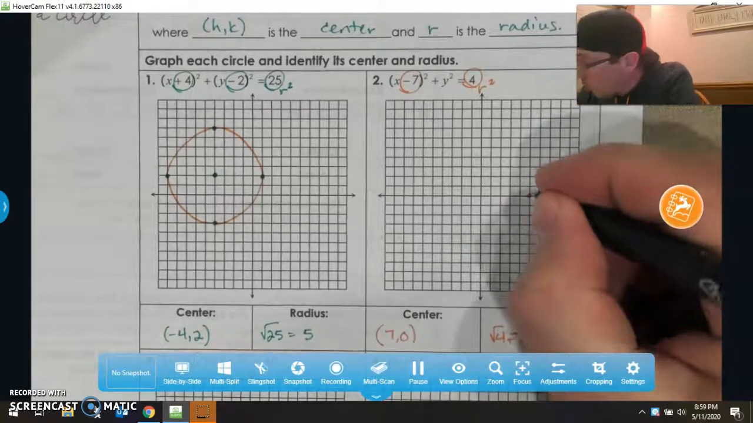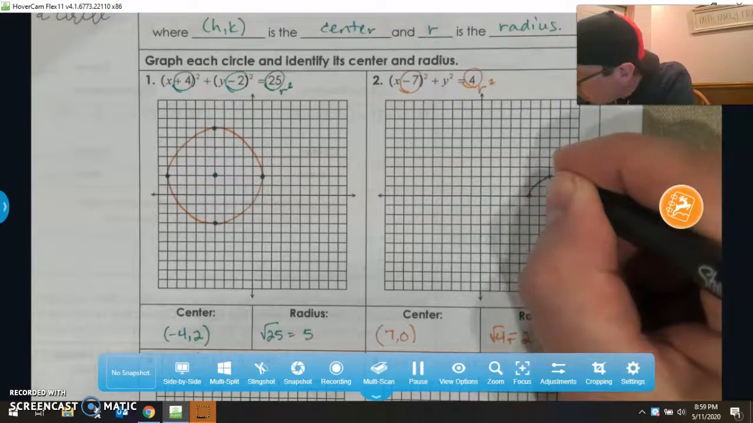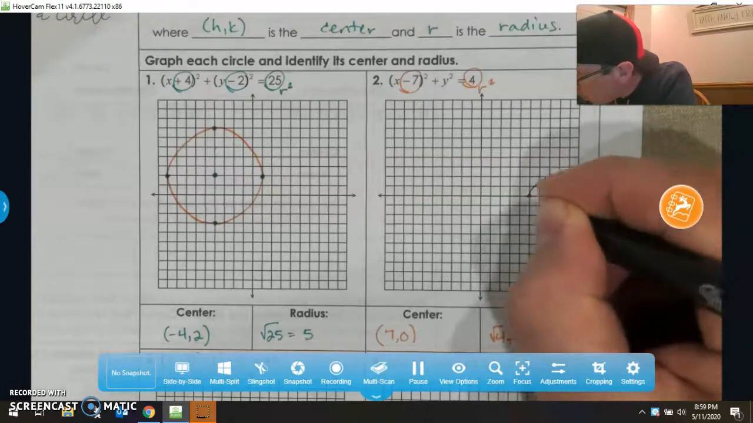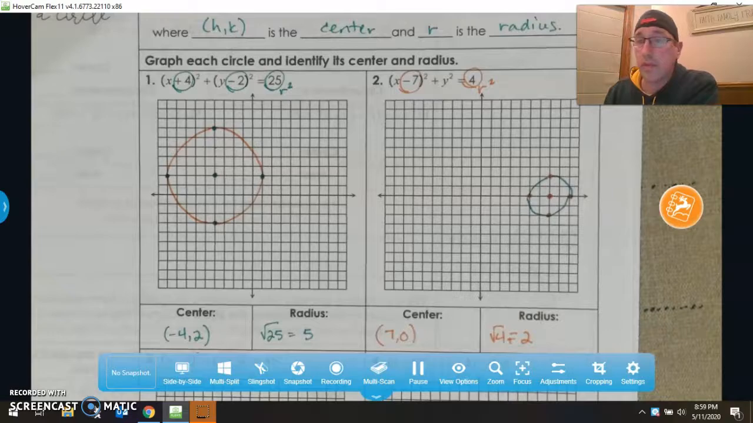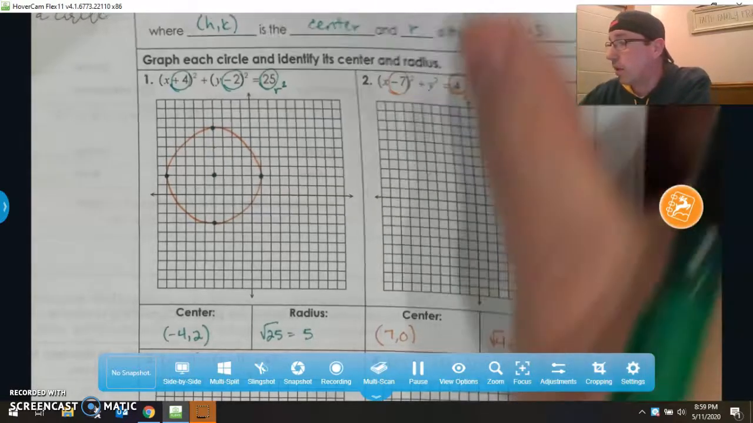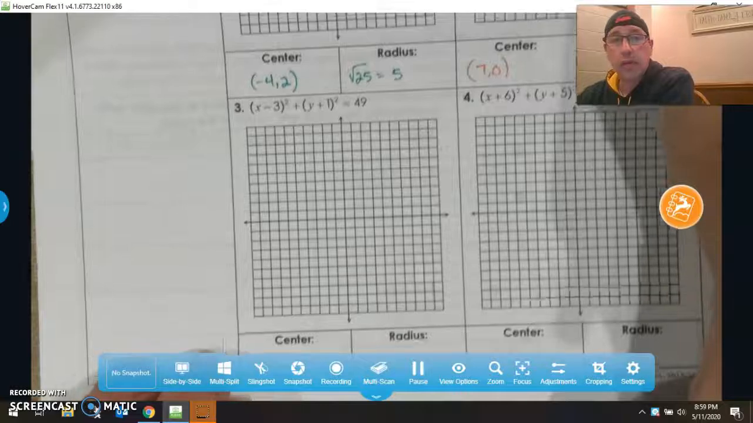Okay, switch colors there. Do the best you can on a circle. That definitely does not look like a circle, but that's okay. I want you guys to keep trying this. Now, if you take a look at number 3,